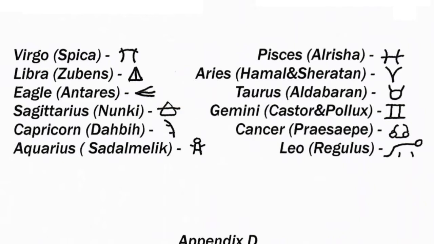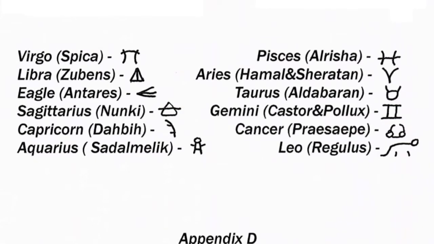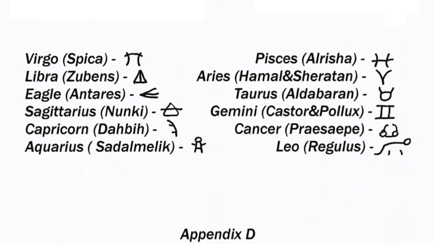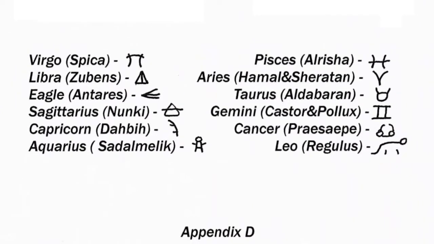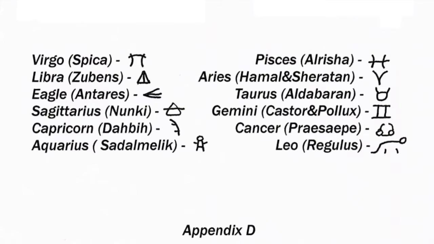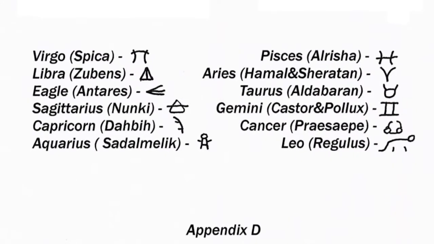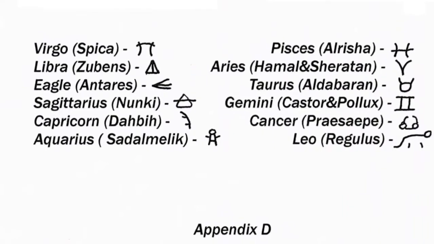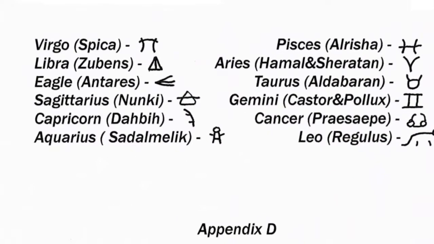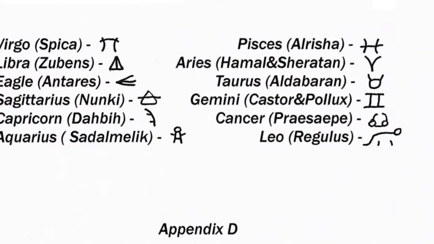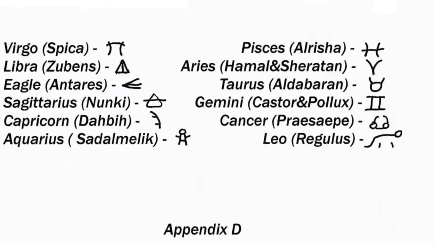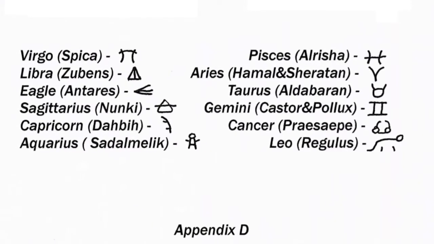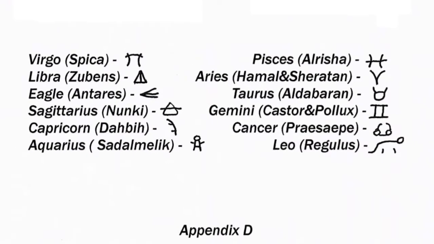The second pictograph is for Libra. This is a pictograph of a divided triangle or two equal parts. Libra is also the scales of balance. The third pictograph is for Scorpio. In ancient times this was an eagle or other large bird. This is a pictograph of a bird flying. The fourth pictograph is for Sagittarius. This is a pictograph of a leaf with a line upon it. During the age of Gemini, autumn days were in Sagittarius.